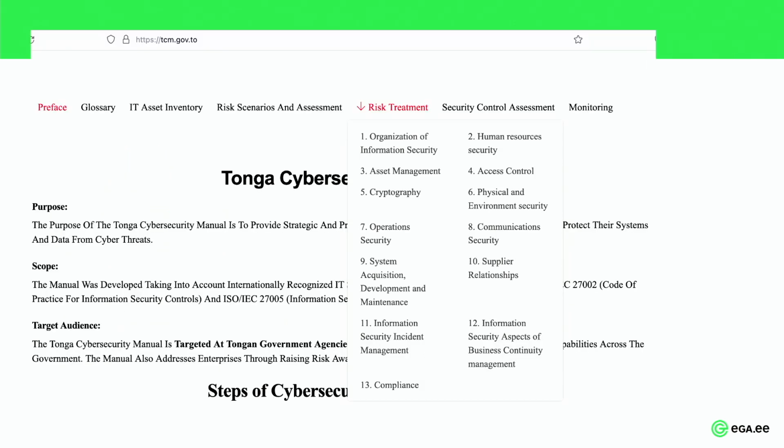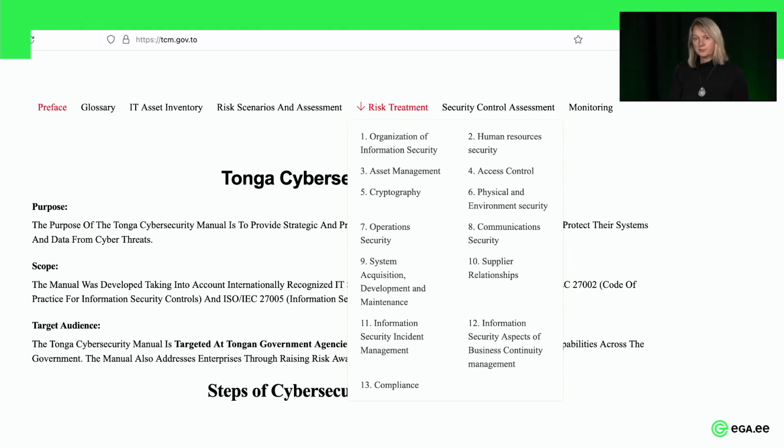Now I show the website I was talking about. You should see the URL of the Tonga Cybersecurity Manual website: tcm.gov.to. If you go to that website, you will find the manual. On the picture, you will see the options for risk treatment.